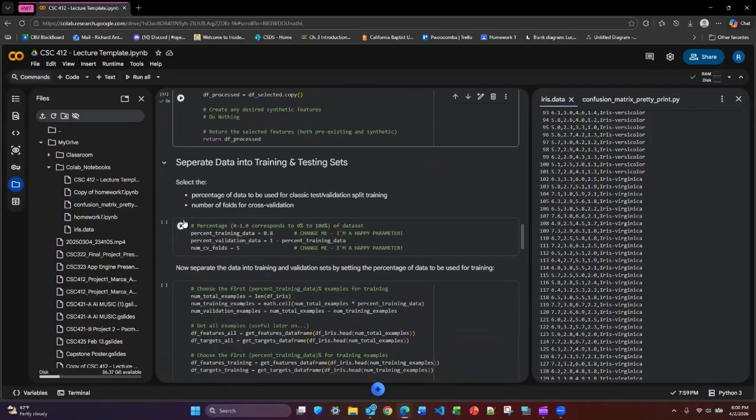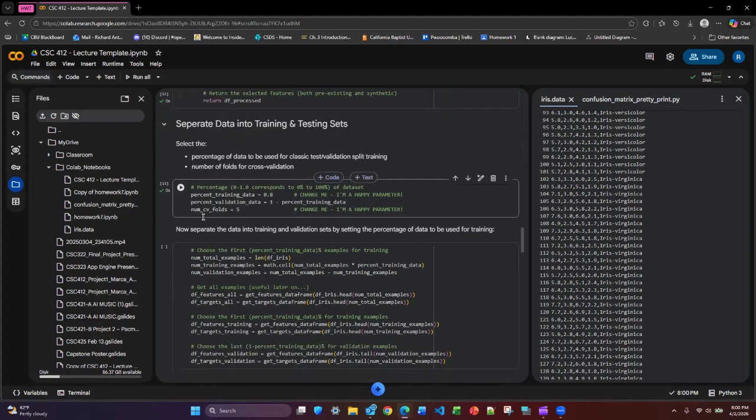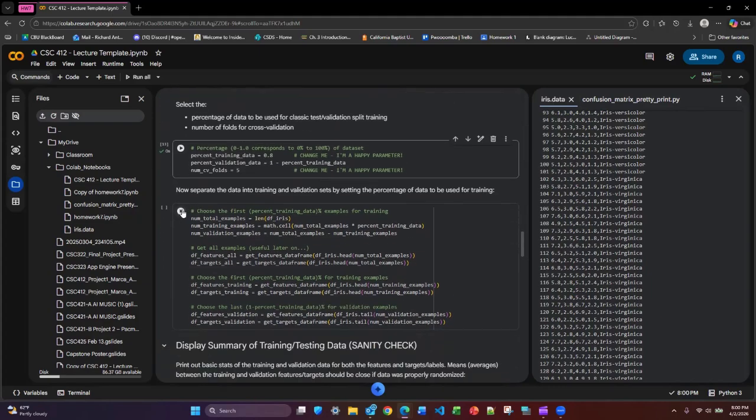So here's the percentage training data and percentage validation data, where we separate the data into two sets. So I do this. And these could be changed. So we're having only 80% of the data be considered training and the rest are the validation. If we go down here,